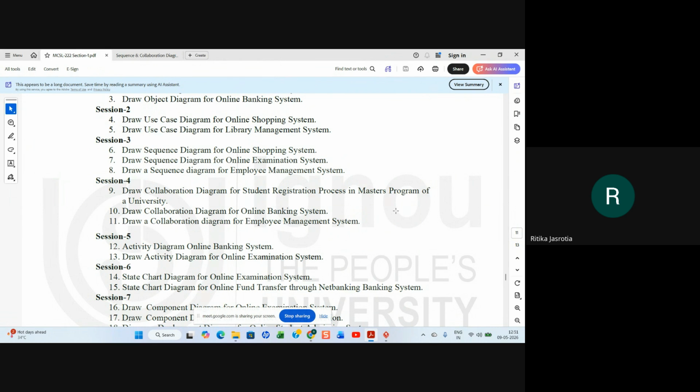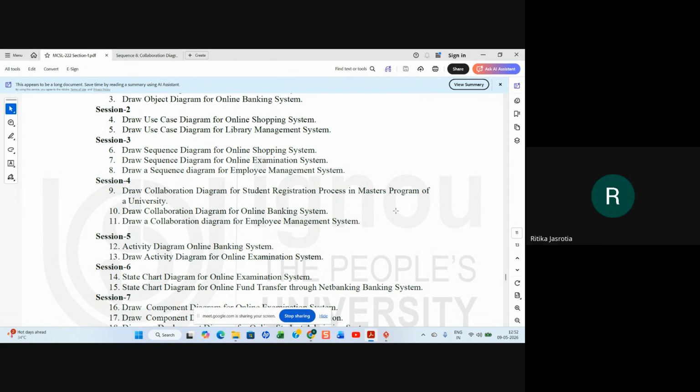Customer is there, bank is there, and the database is there, right? Three objects are there. So the customer will log into the bank. After a successful login, that is confirmed from the database. After successful login, what all can he do in internet banking? He can transfer funds. He can do bill payment. Check balance, open statement, and open any other savings account, like deposits.